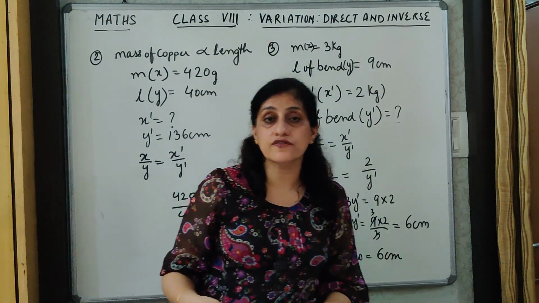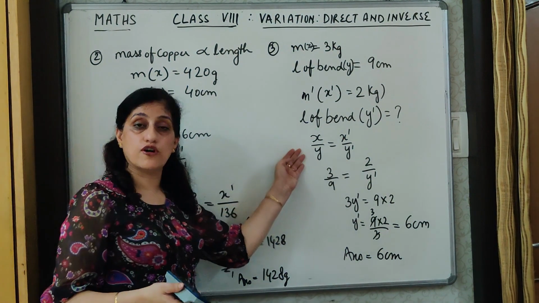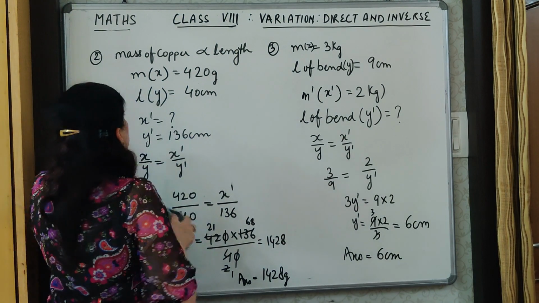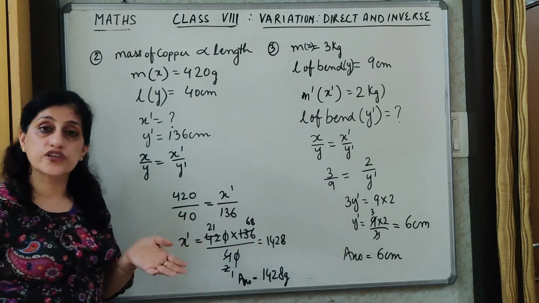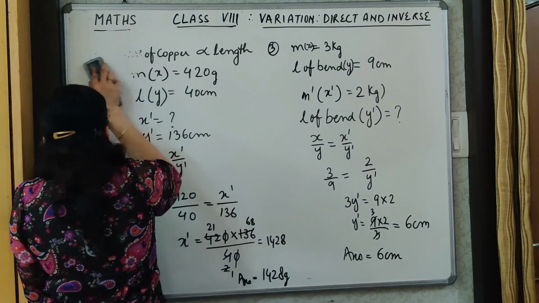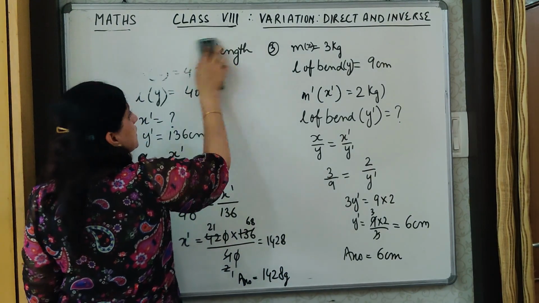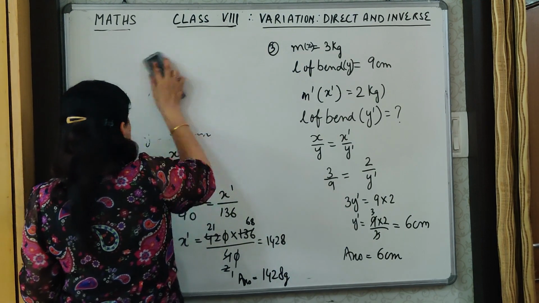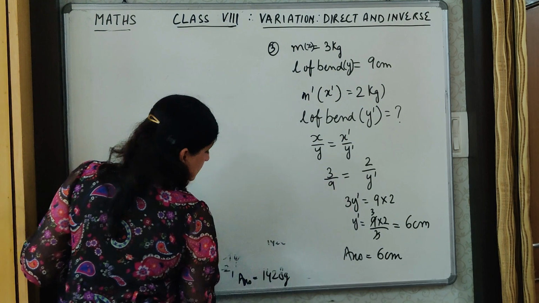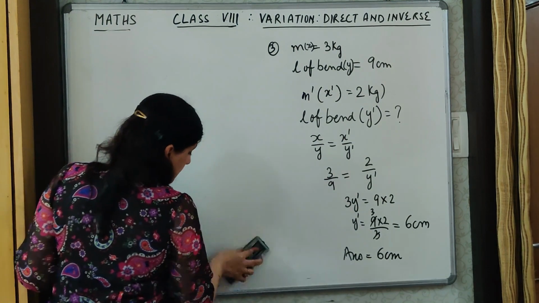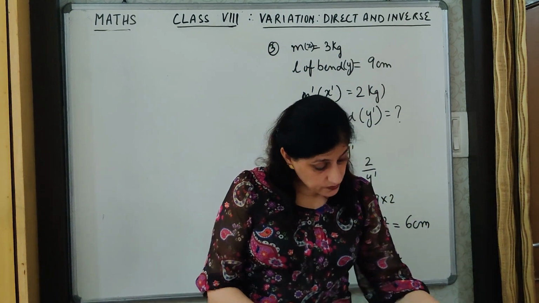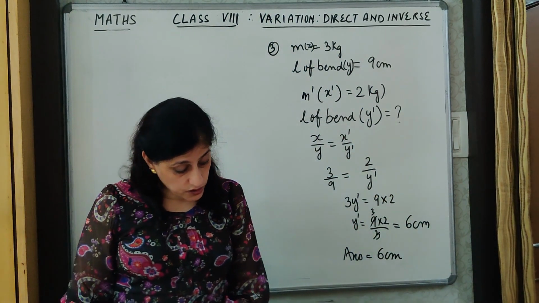So these are very simple questions. If it is a question of direct or inverse variation, we use the formula of direct and inverse variation. And of course, you can solve these questions by using the unitary method also. You have done how to solve such questions by unitary method, but because we are learning over here variation, therefore we are proceeding with the method of variation, as it is very clearly mentioned in the question that it varies directly.